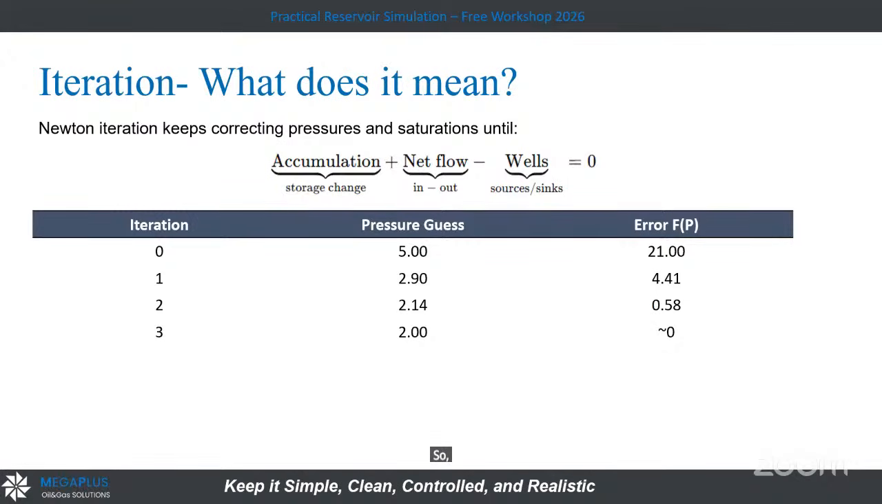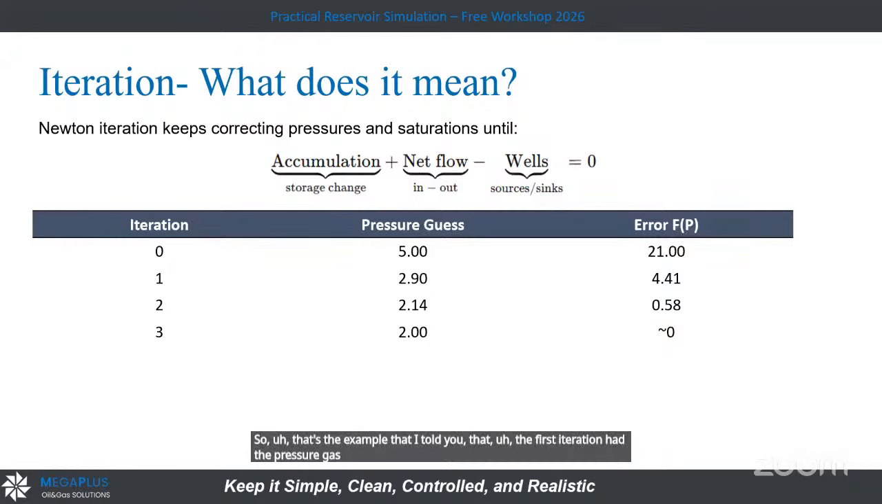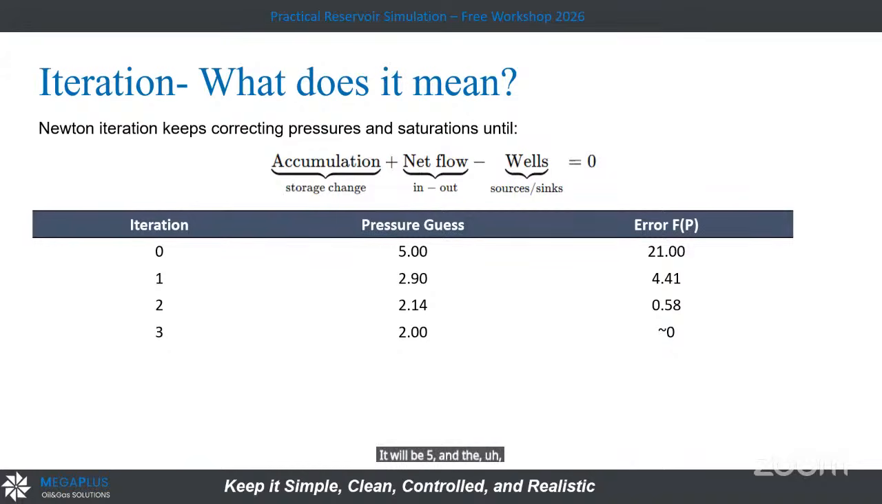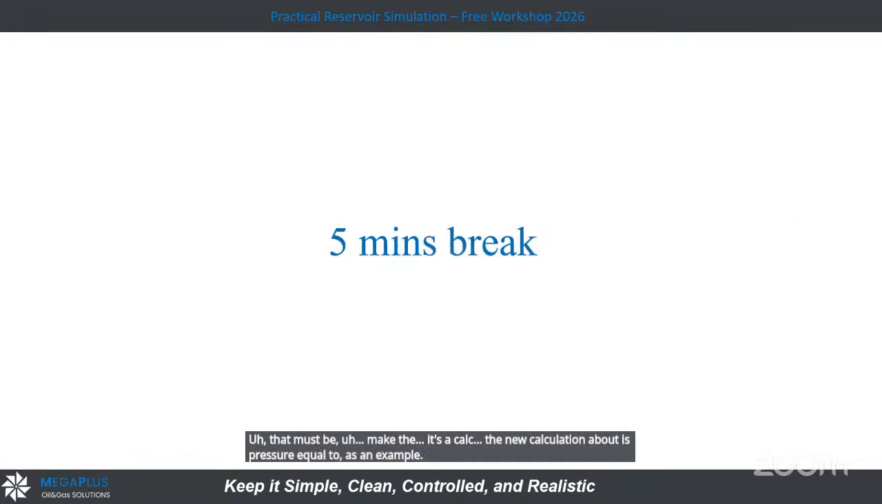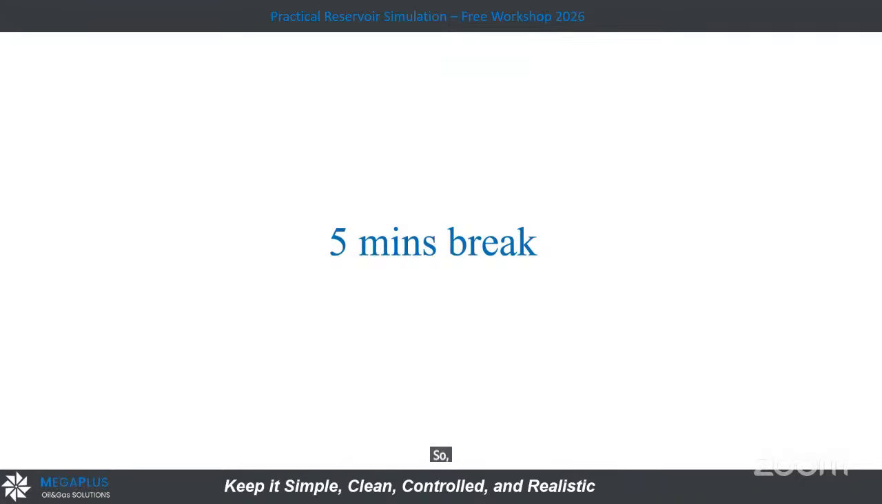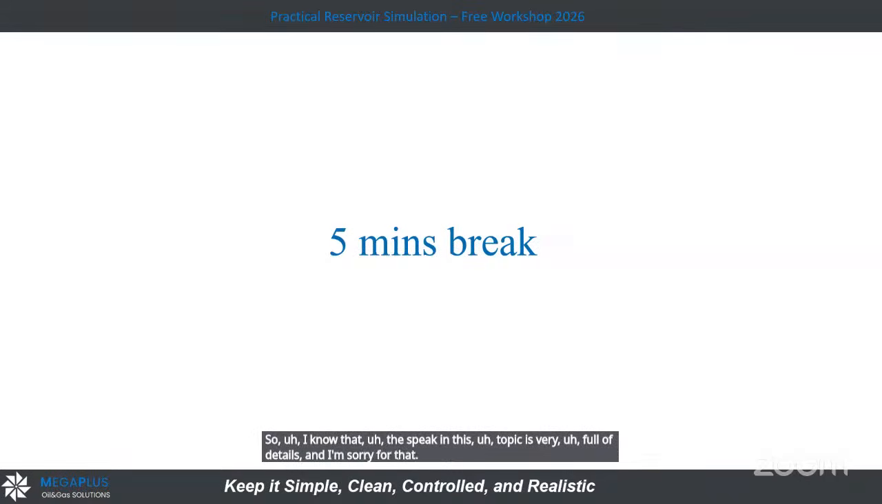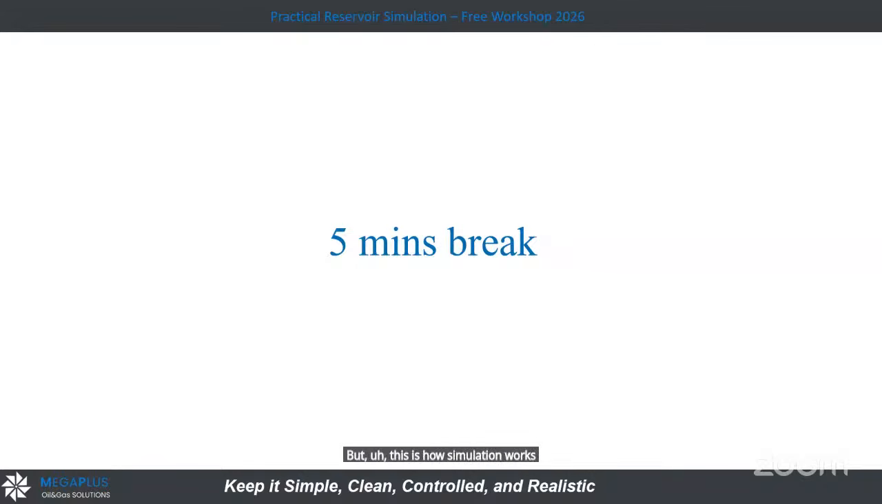So that's the example that I told you: in the first iteration the pressure guess will be 5, and after the iterations it will know the exact value that the new calculation must be made with, as an example pressure equal to. I know that this topic is very full of details, and I'm sorry for that. But this is how simulation works, and how phases or components change